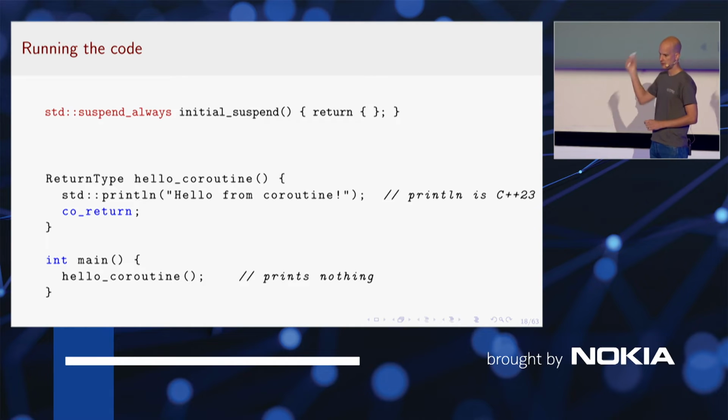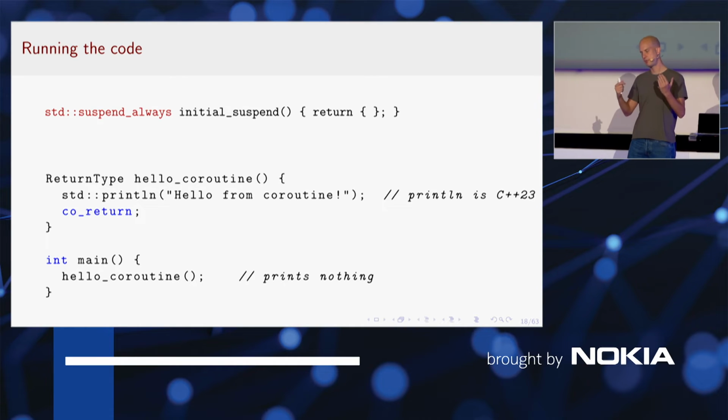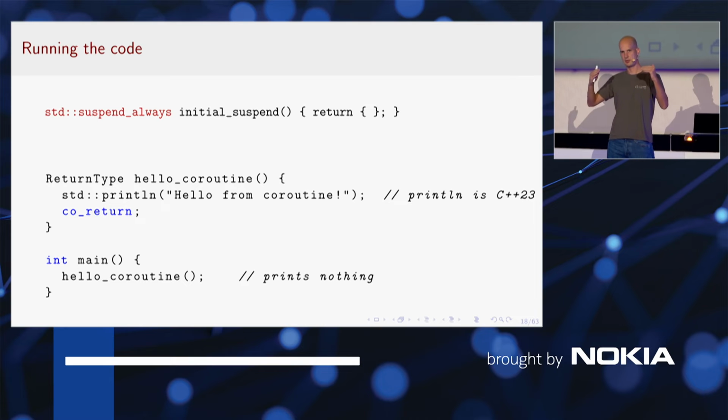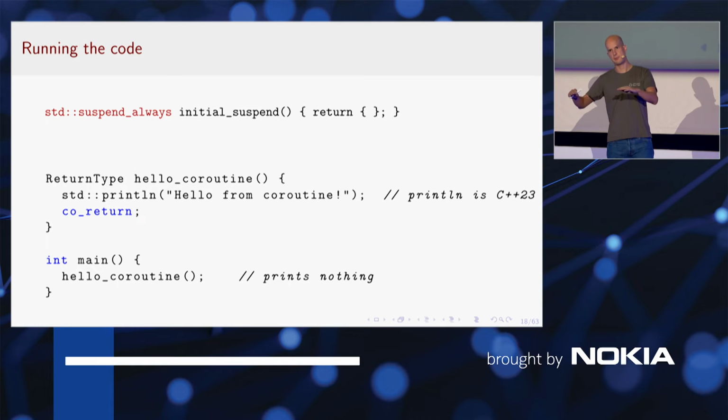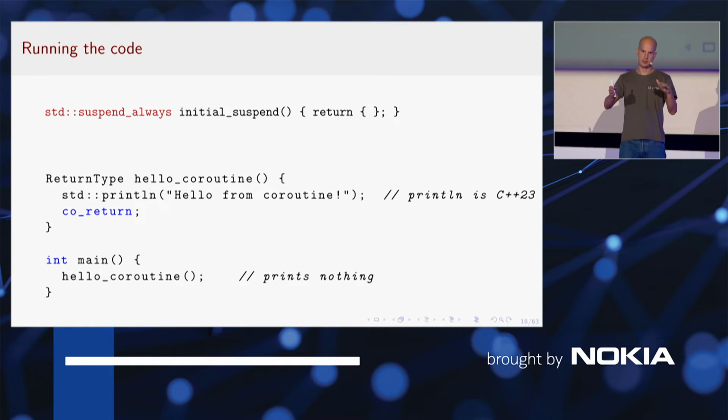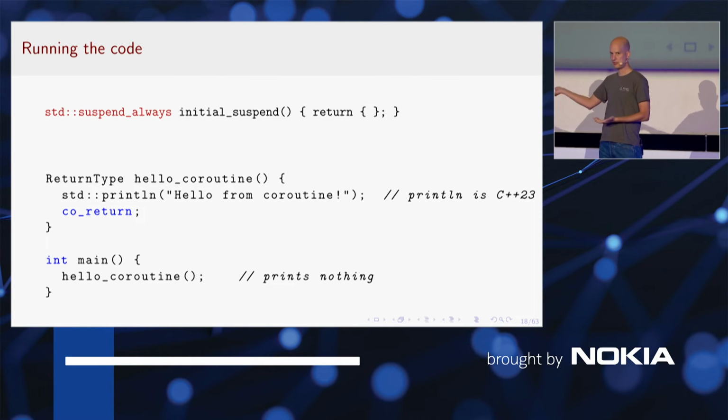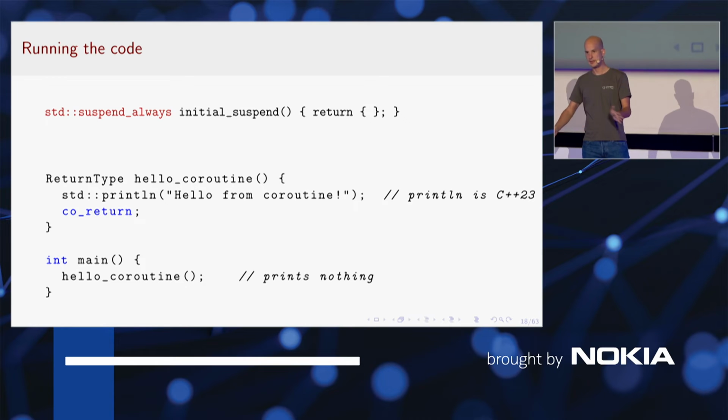And that is because of this suspend always here, because what happens here is the coroutine starts, the getReturnObject function in the promise is executed, everything is set up, but then before I enter the body of the coroutine, I'm going to suspend. I'm going to hit the pause button and hand control back to the main function that was calling me. And since I'm not resuming the coroutine, but I just keep going on, I never see the print